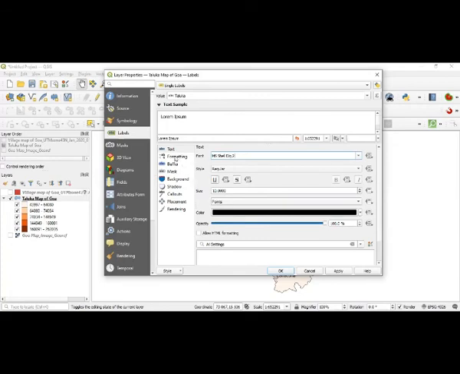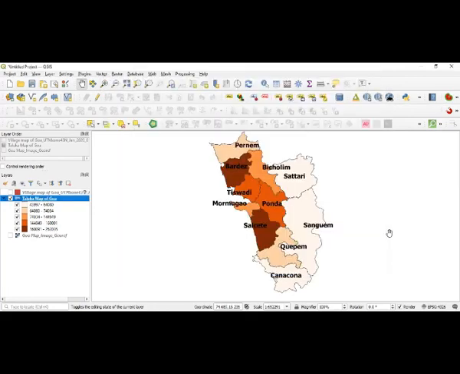Then formatting, whether you want regular or bold. You can select here, so that whatever you are going to see here is going to be written there. Then size, whether you want a size of 10 font or a little bigger, I will increase up to 11 or 12. I will take 13 or 14 for the time being. Then the color of the points, what you want, you can select that. So you can apply, and you can see now what happened.